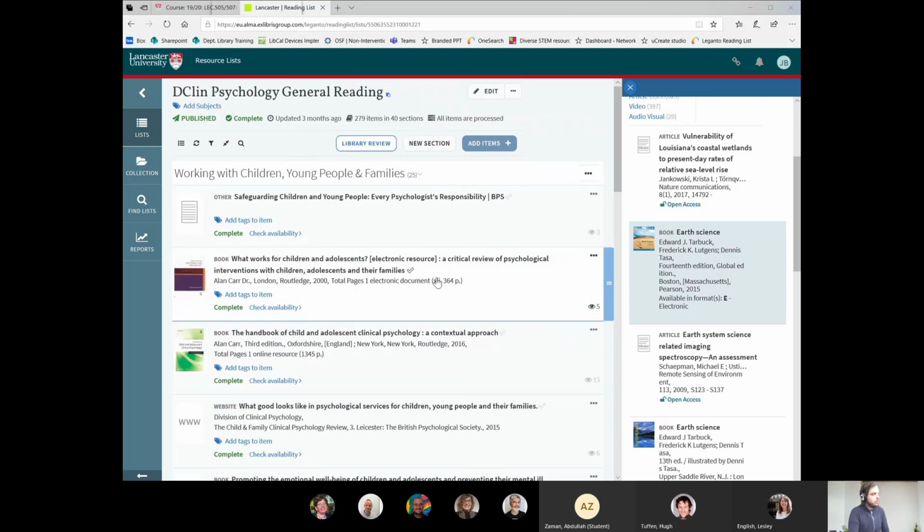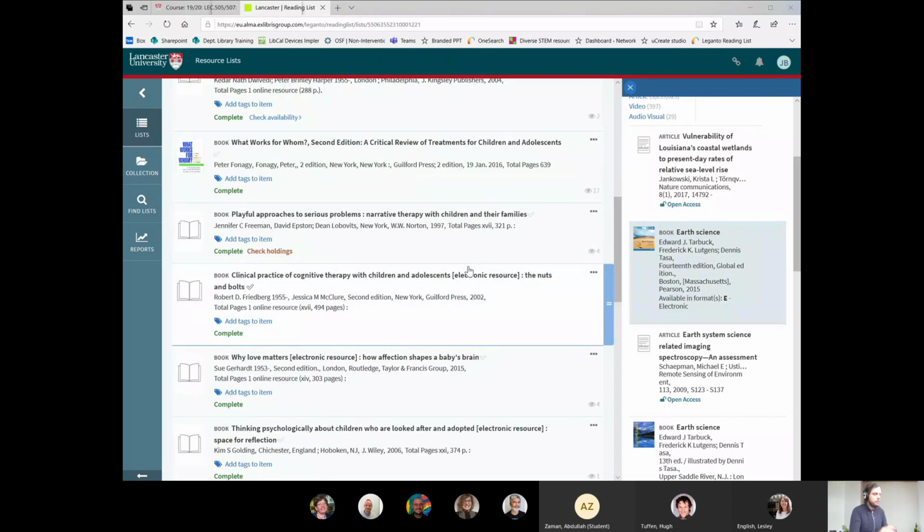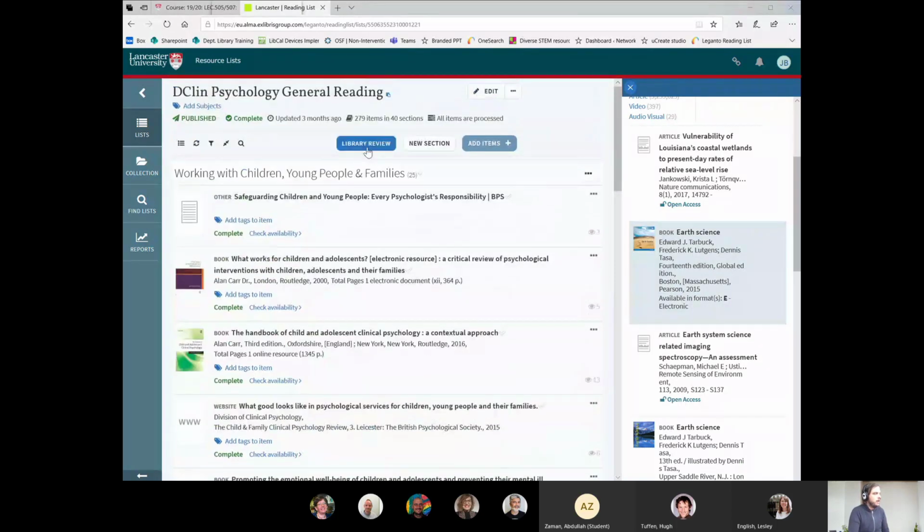I mentioned the other really important button is that you can create little categories. You can make them look quite readable. But that button there, the library review button, will, if I adjusted the list, send it through to the library to have a look at. Therefore, we'll be able to see you've added some new resources to the list, and we can investigate whether we have enough copies of the books, and whether we have the books in a digital version. And finally, if I just click on one of these, we have the option for tagging.